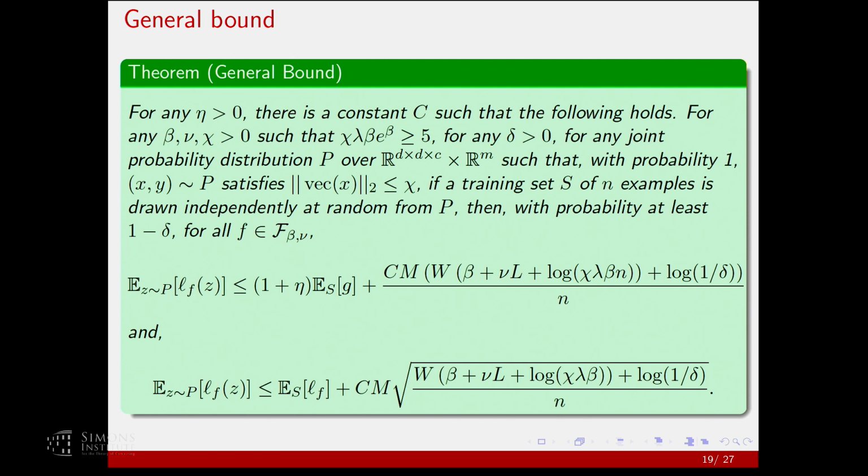So this result holds with high probability, and the difference between expected and empirical risk is bounded by this value, which is linear in terms of the upper bound on the loss function, linear in terms of the number of parameters, linear in terms of beta, which is something really interesting, linear in terms of depth of the network, and also has logarithmic dependency on lambda and the upper bound on the size of your input.